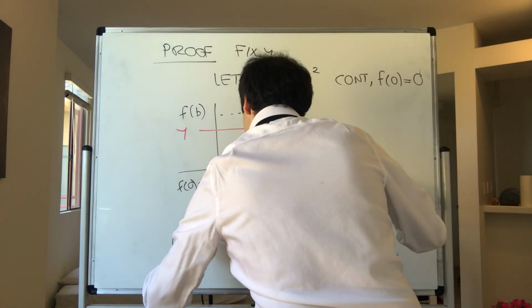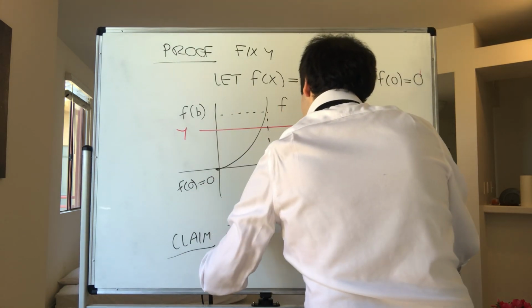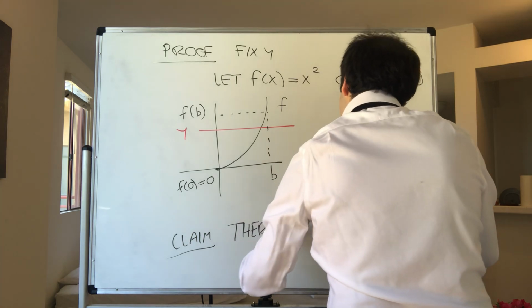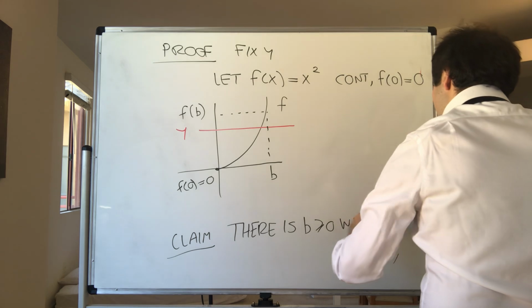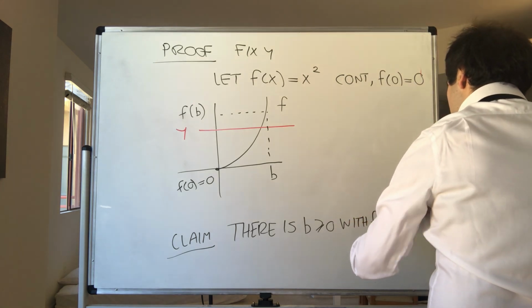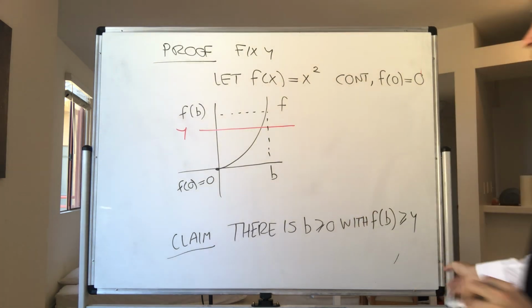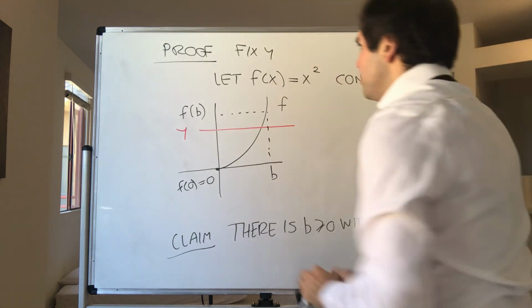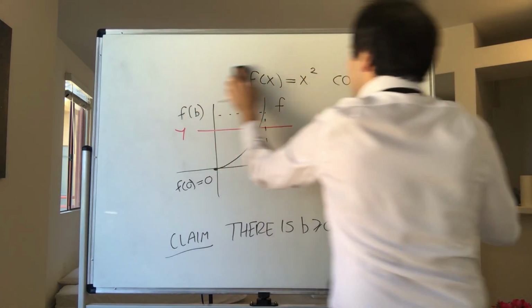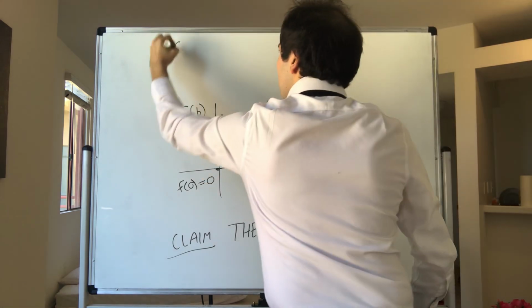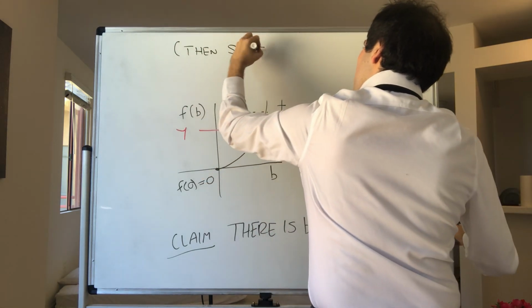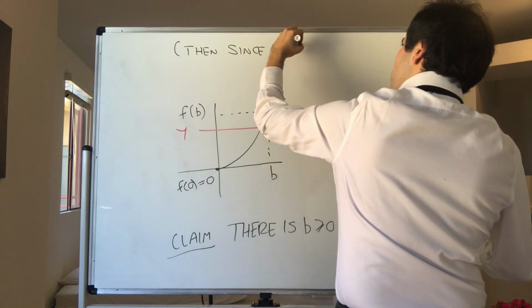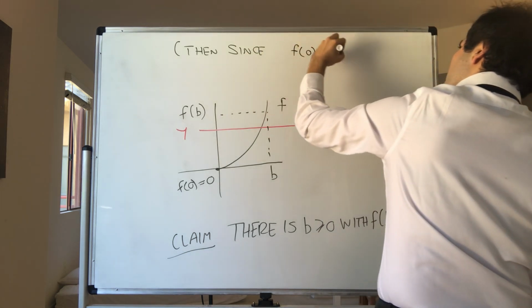So claim: there is b non-negative with f of b greater or equal to y, and then we would be done, because then by the IVT, since y is between f of 0 and f of b,